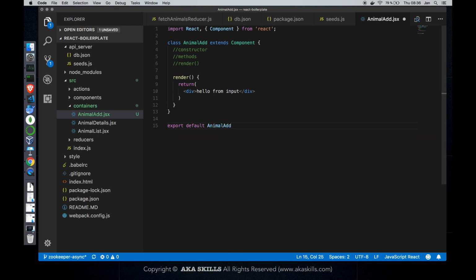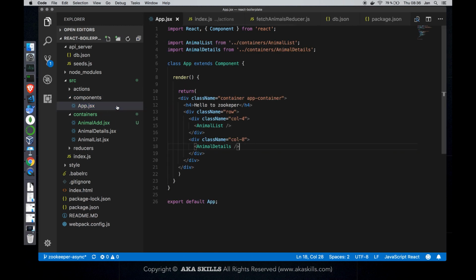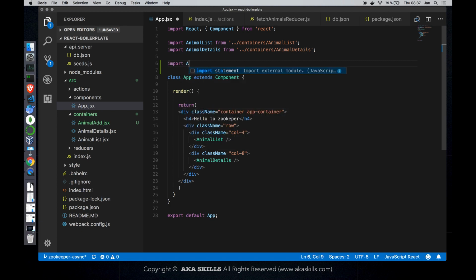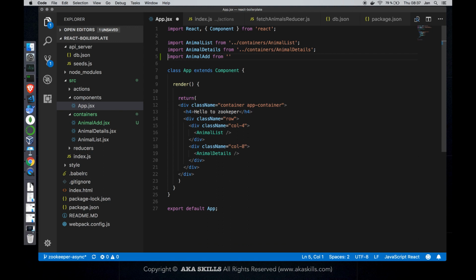component, and then I will go inside my app component. Here inside my app component, I will import animal@ from, you know, it could be aligned here for order. And I go into containers, and here I will select my component, the animal@ component. Yeah, I will change my markup a little bit now,